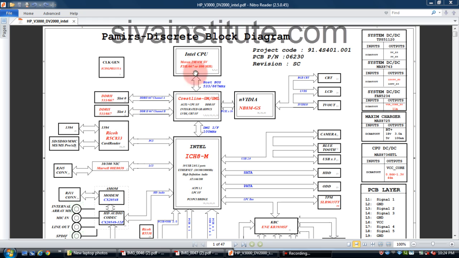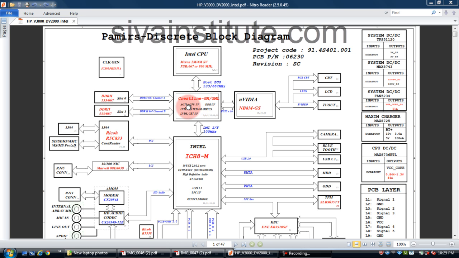The CPU is connected with the GMCH through the host bus, or FSB, front side bus, also called the process bus or system bus. This connection has 3 lines: the data bus, address bus, and control bus. These 3 lines are named FSB, front side bus, host bus, process bus, or system bus. The GMCH